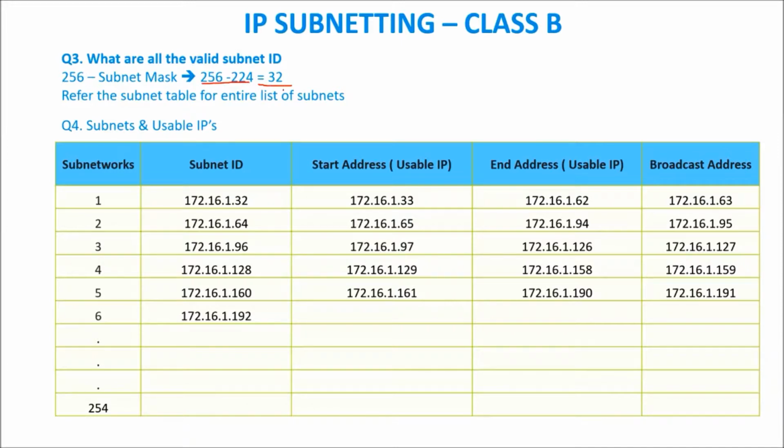So we get 32. Where we have to put the 32 is in the fourth segment, because the variance in numbers appears in the fourth segment only. So we'll have to mention it from the fourth segment. Now I'll have to fill up the fourth segment first, because the third is already completed. So we start with this: 1.32, 1.64, 1.96, 1.128, 1.224, like that. We'll have to complete the entire series first by 32, 32, 32. I'll be filling up the tables. It will go on like that.